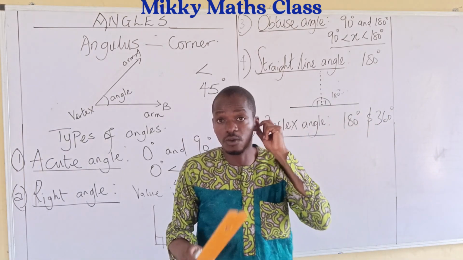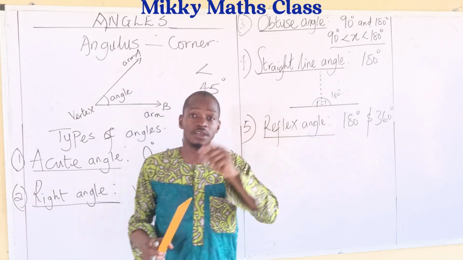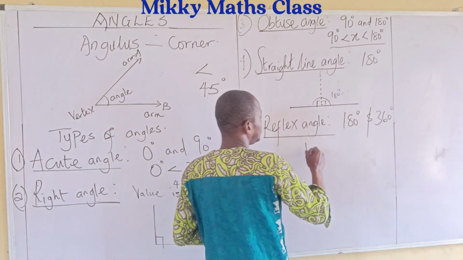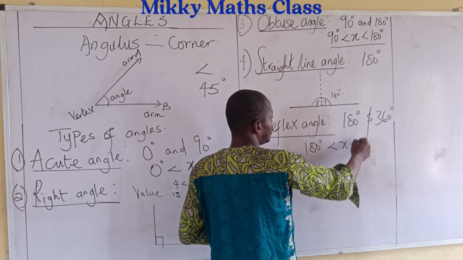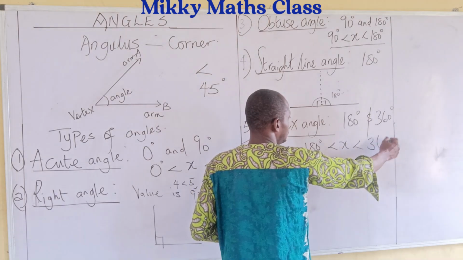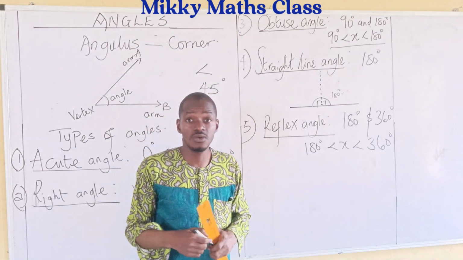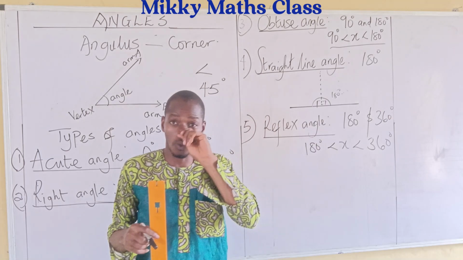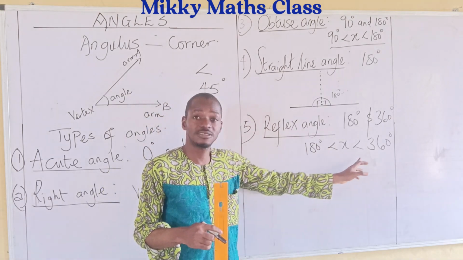A reflex angle lies between 180 degrees and 360 degrees. Now, the range of values, you can say 180 degrees less than x less than 360 degrees. So, a reflex angle, in other words, is an angle that is greater than 180 degrees but is less than